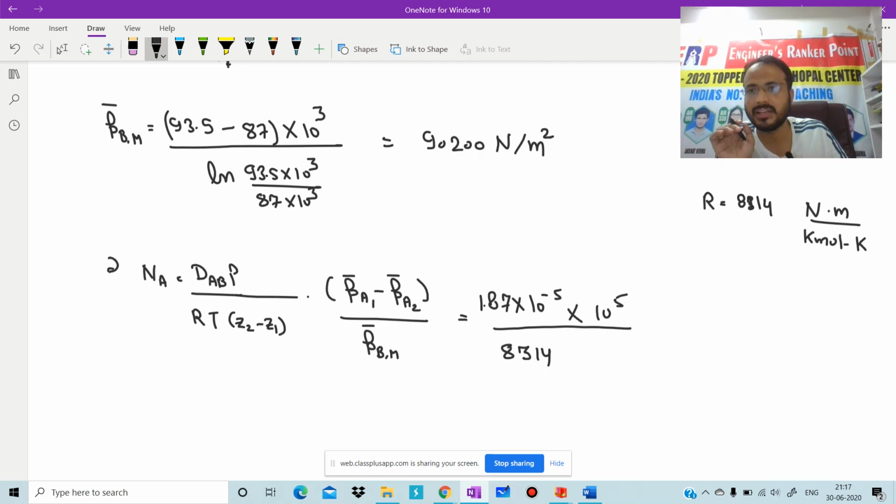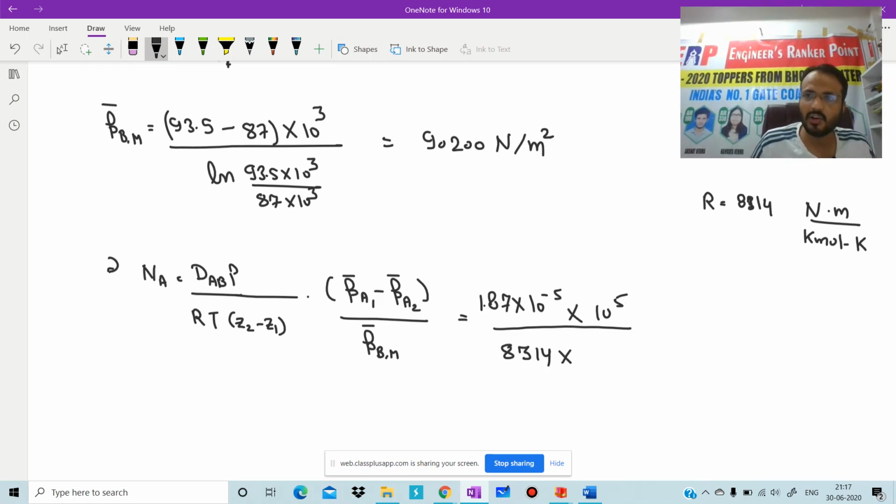Remember this. Otherwise, in the exam, every one of you knows the formula, but you will apply the wrong concept in unit. And when there is a wrong unit, you will get a wrong answer. When you get a wrong answer, you will get a wrong rank. And when you get a wrong rank, then you need to give one more year. So it is in your hand.